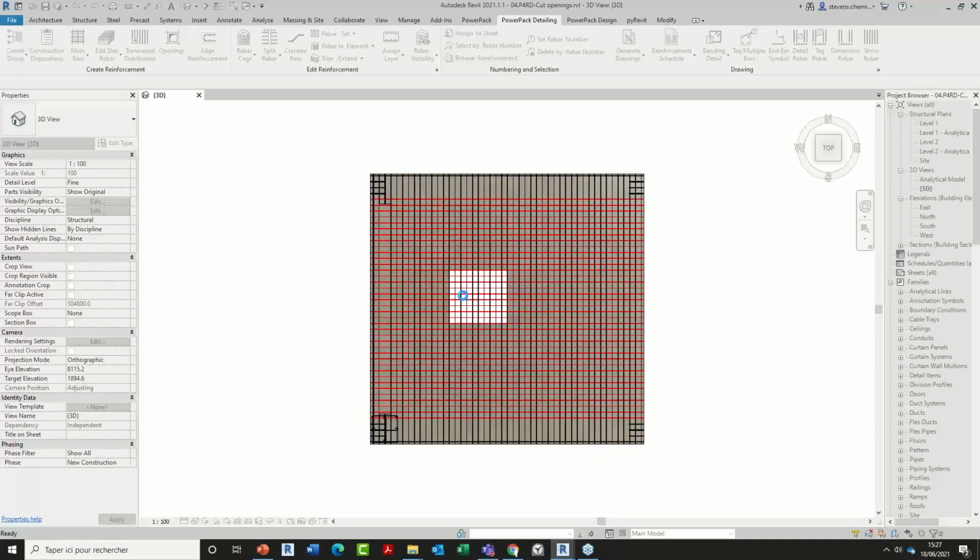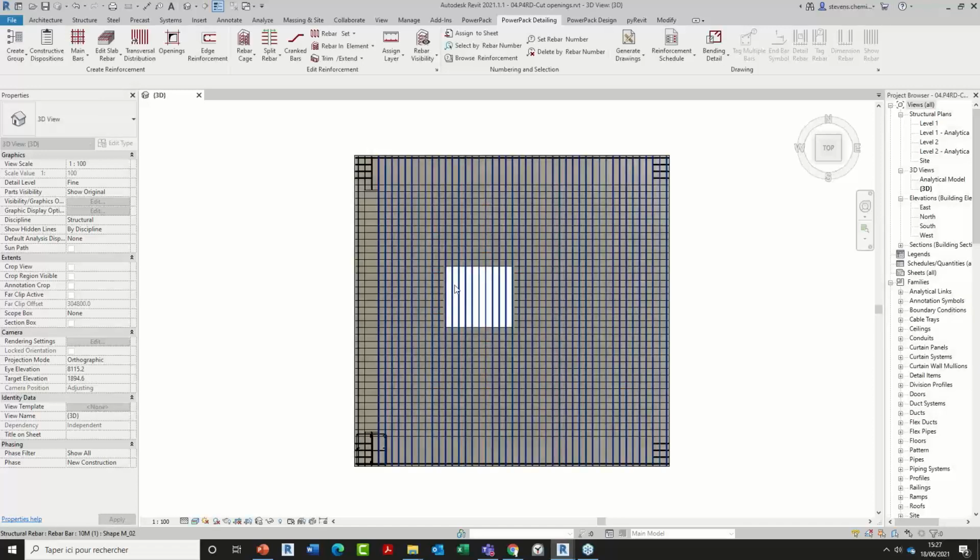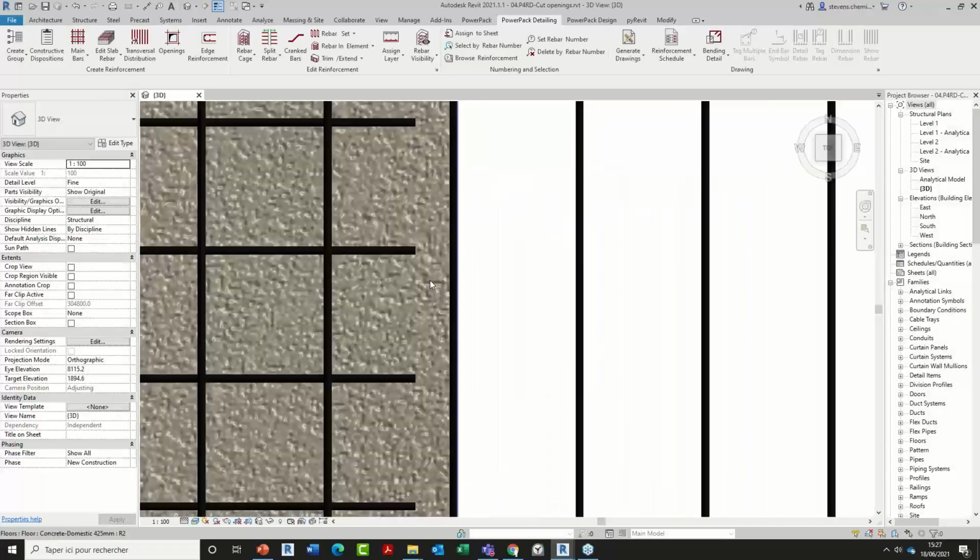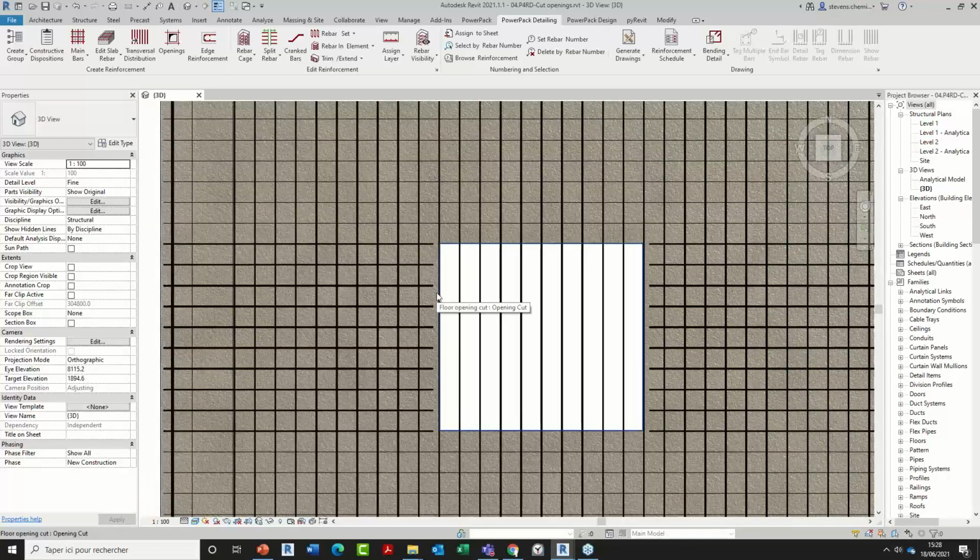We will see normally that the rebar will be cut around the opening with a distance of 15 millimeters, which was the distance placed inside my settings.